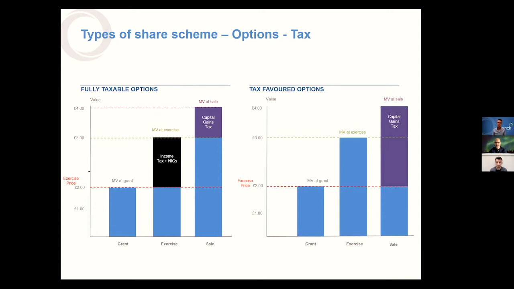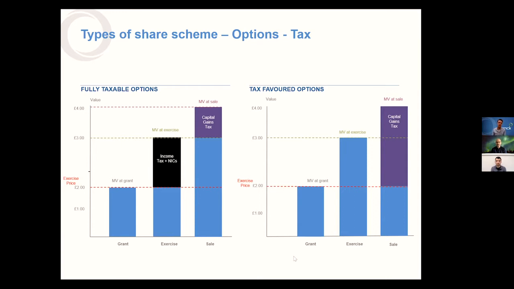So what a lot of companies do is have what's called an enterprise management incentive option scheme. And an enterprise management incentive option, or there's another sort of options called CSOPs as well, which are very broadly the same sort of tax effect. We won't go into those because what you see generally at this level is EMI, unless you don't qualify, in which case you might put in a CSOP, perhaps if you're a bank or something like that, which doesn't qualify.